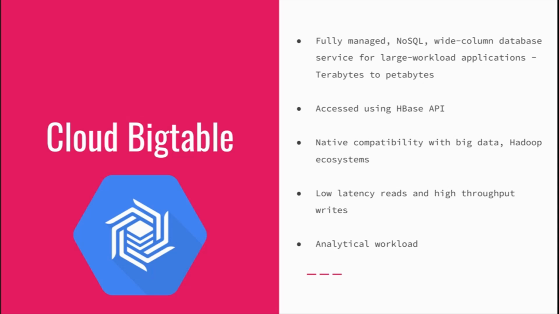Now, when you design a Cloud Bigtable schema, you can design it as either a tall row or a wide row. So let me explain what a tall row and a wide row are. Now, for a tall schema, typically if you take time series data, we may have very few columns, but the data will be coming every second or every millisecond or microsecond. So in this case, each record that comes in, we insert as a row.